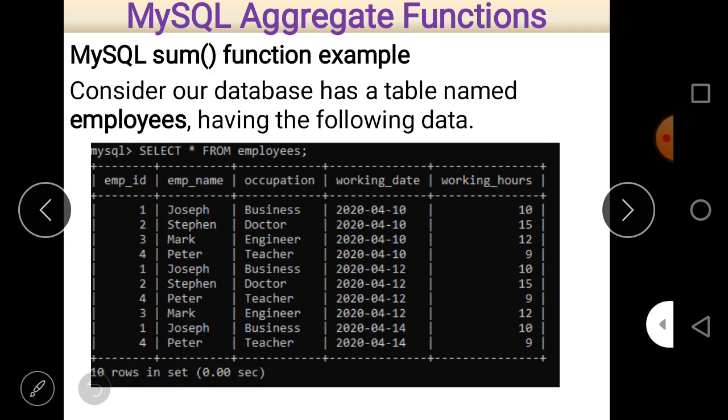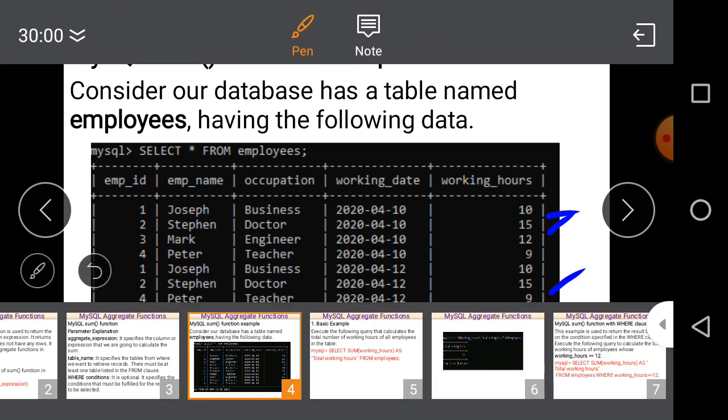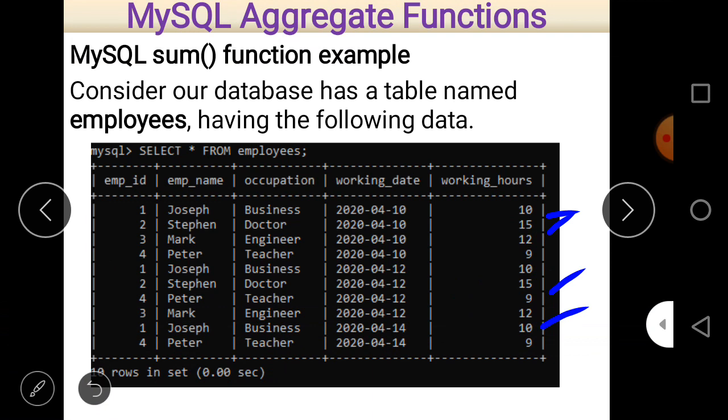Here we can see the working hours, so we have to calculate the sum of only those working hours which are greater than or equal to 12. So I think the first one is rejected because it is 10, and 10 is less than 12. Then the second, then the third, of course the fourth is not, the fifth is also not considered, then 15 is considered, 9 is not considered, 12 is considered, 10 and 9 are not considered. So here you can easily see that we have to make a sum of 15, 12, and then 15 and 12. 10 is not considered at all.